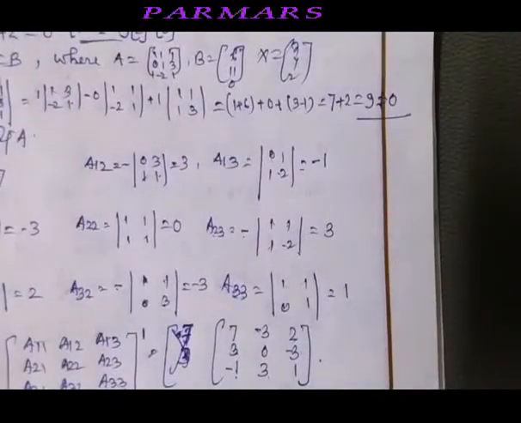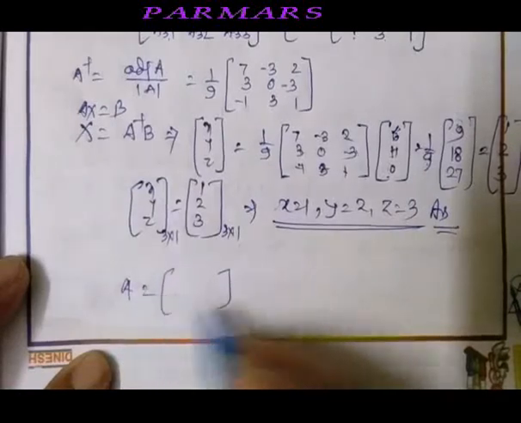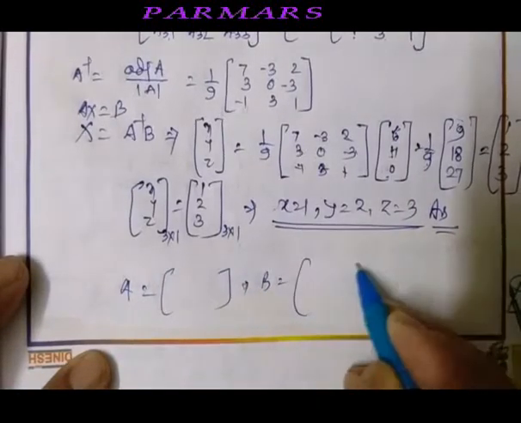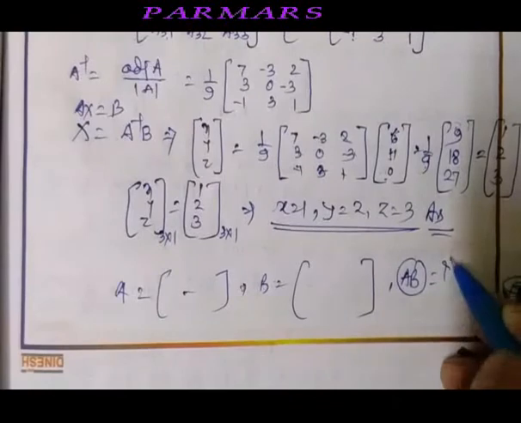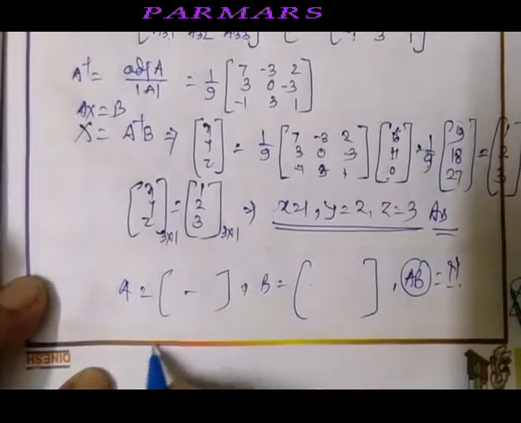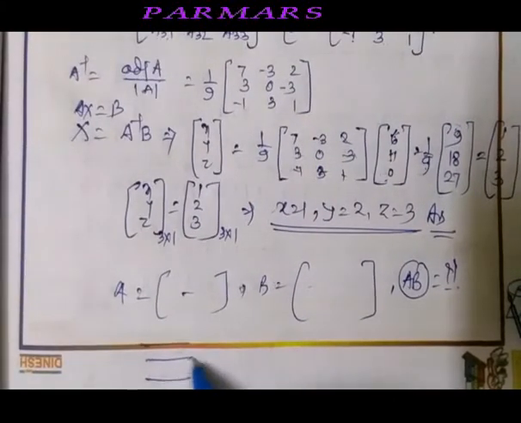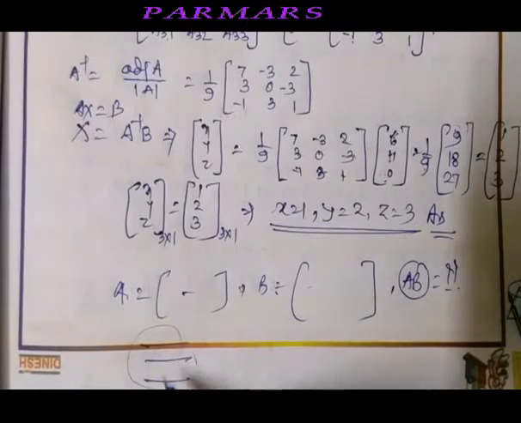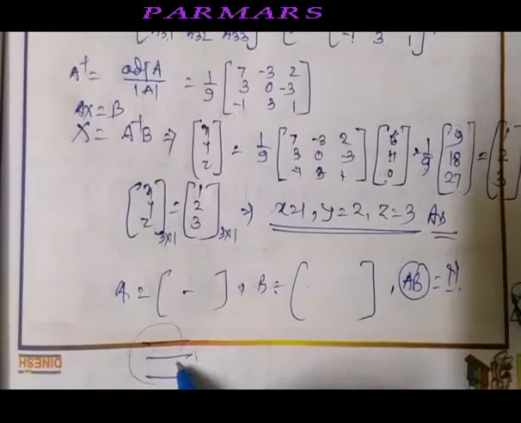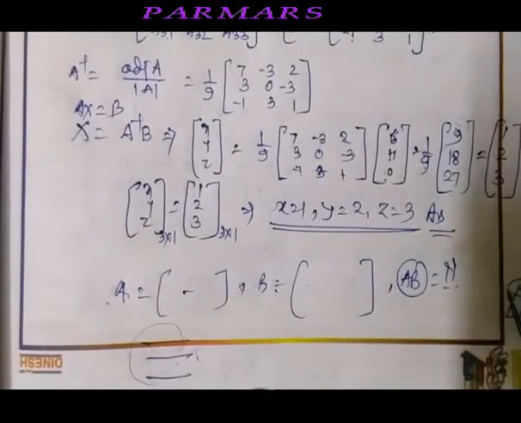I have done only 2 and there are many. If you ask me, there may be 2 different matrices given, A and B. Okay, both will be given, and it will say find the product of A and B, and you will find it. Then an equation of 3 variables will be given, suppose. Its coefficient matrix will be either A or B. The coefficient matrix of the system of linear equations will be either A or B. And when you are going to find the product of AB, you will find a scalar matrix.